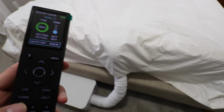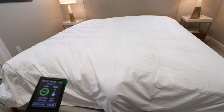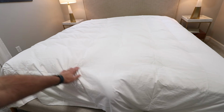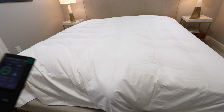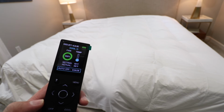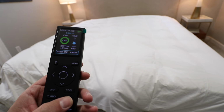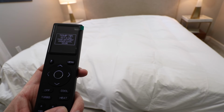And what you're going to see is the sheet inflate. So I don't know if you can see it on camera that well, but this is inflating, so that's going to keep you cool and or warm with the bed jet. And then you can see all the different controls we've got right here. You can set the temperature, so I could put this at the lowest point. 66 is minimum,